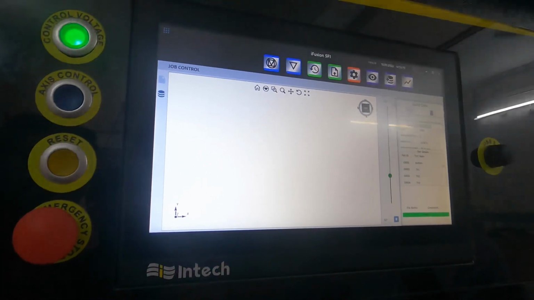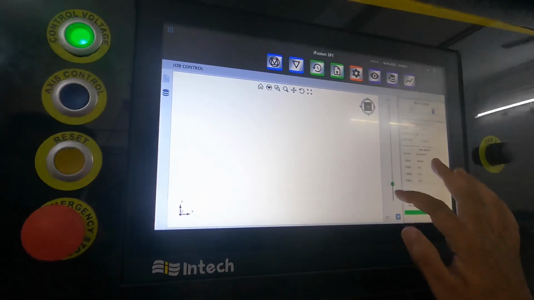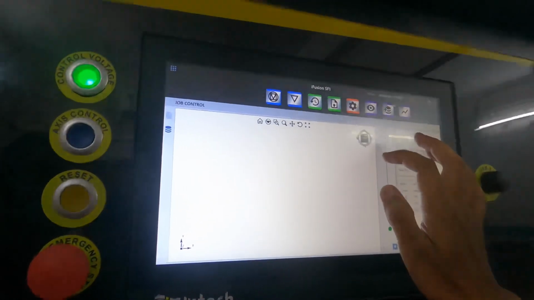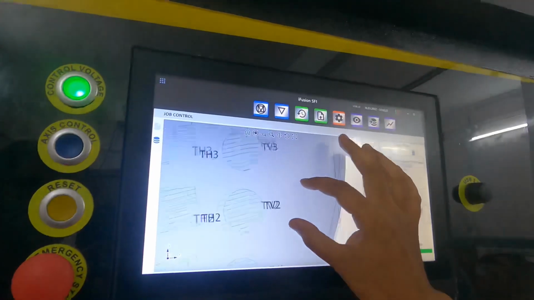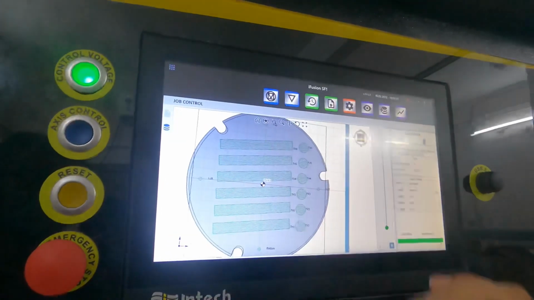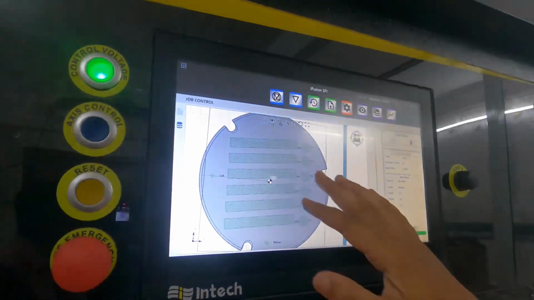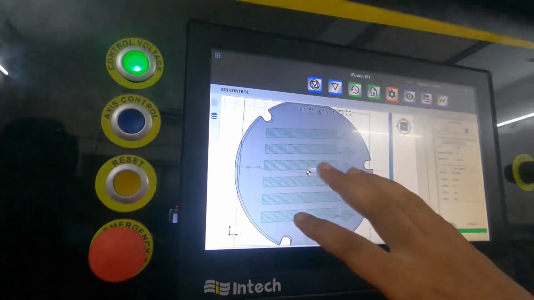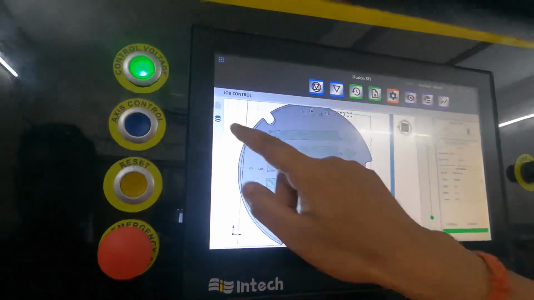That you can also cross check here after uploading the file. Okay, so after uploading, if you want to delete any part or translate any part on the build platform, that also you can do here. You can even rotate the uploaded part.